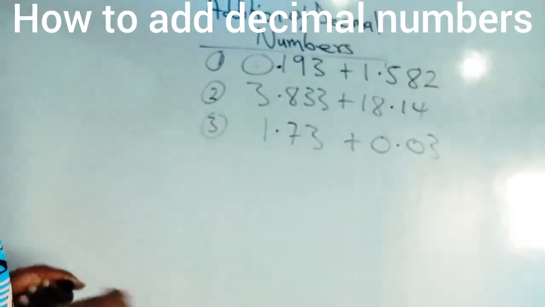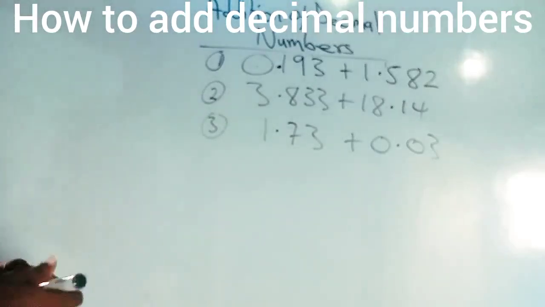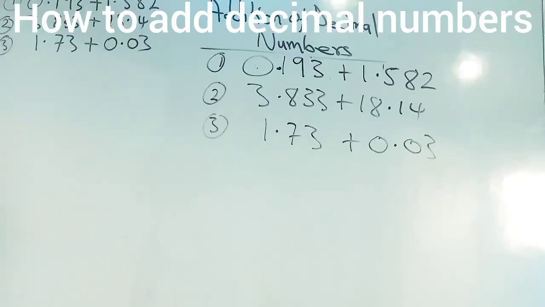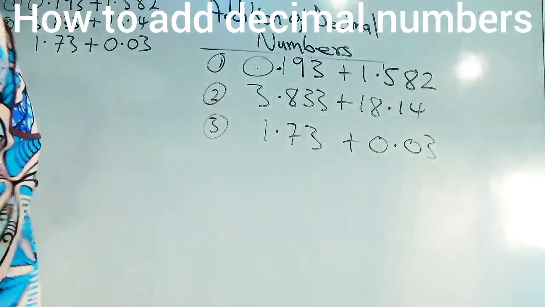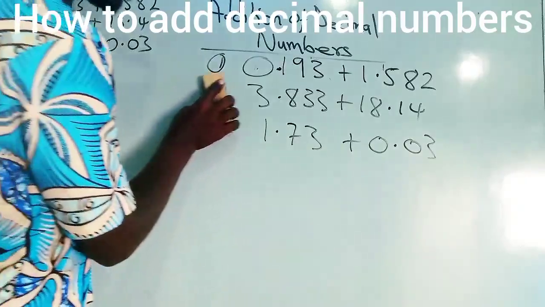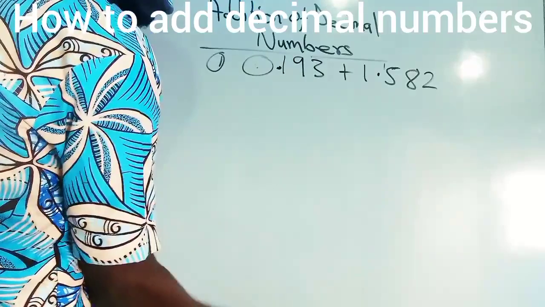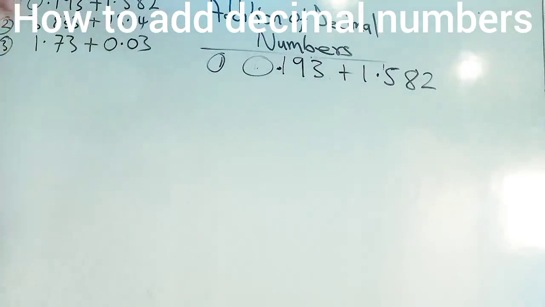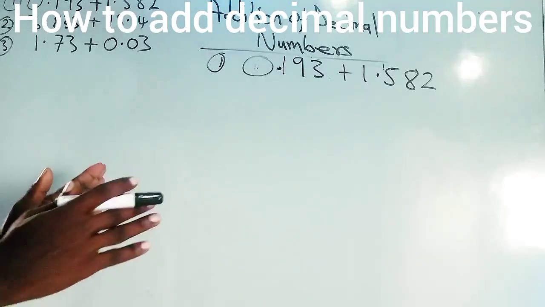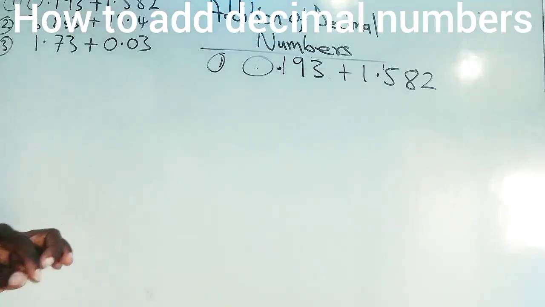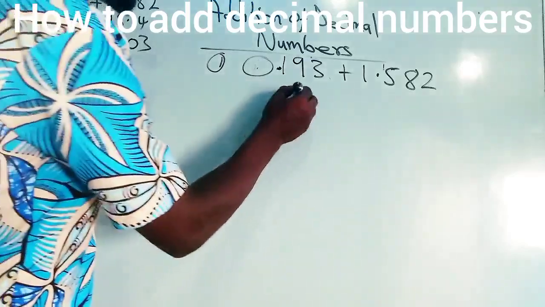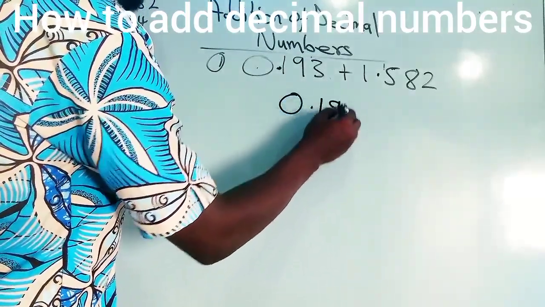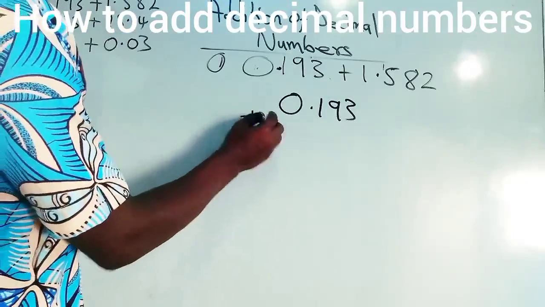Let's solve these assignments together. All right. So we are solving this together. Let's solve the first one. Yes. You pause your video, you solve these questions. If you get them correctly, as I solve, you comment them in the comment section below. Okay. So we have our number one. What do we do? Let us rewrite them to be able to realign the decimal places very well. So I'll be having 0.193 plus